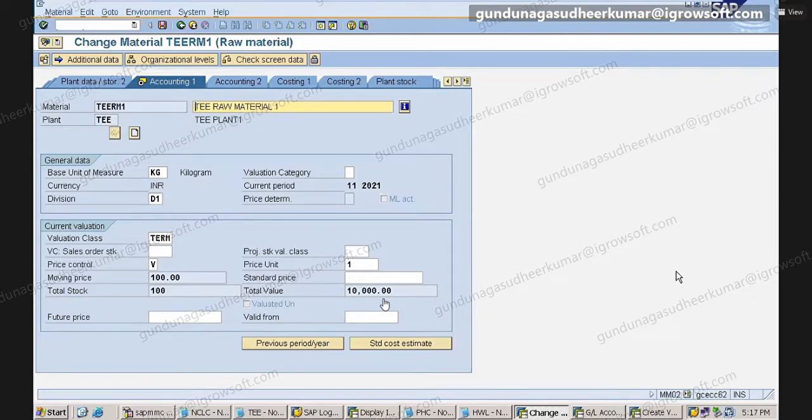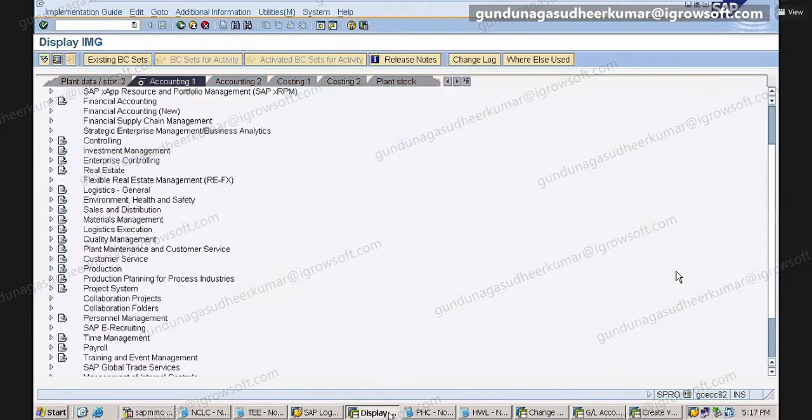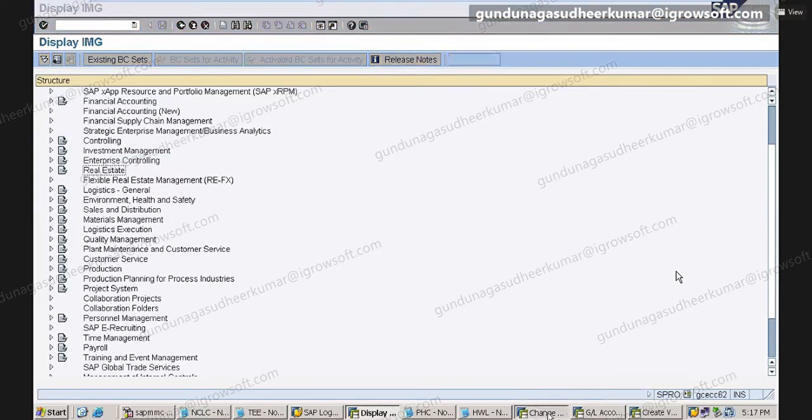Like this, any change on the MM side will be updated in FI automatically. So the automated entry is getting posted. Then after sending the material, what will the vendor do next? Send the invoice.